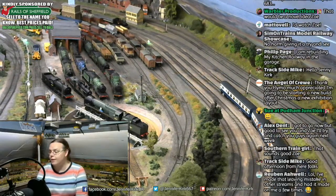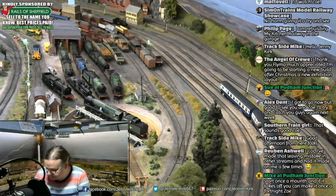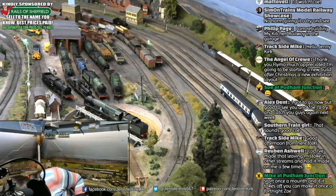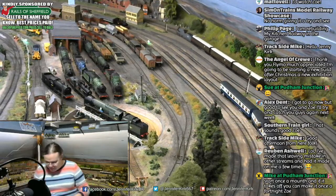The quality of modelling these days is actually quite phenomenal. I like it. They've just done a great job. I'm sure that there was some information